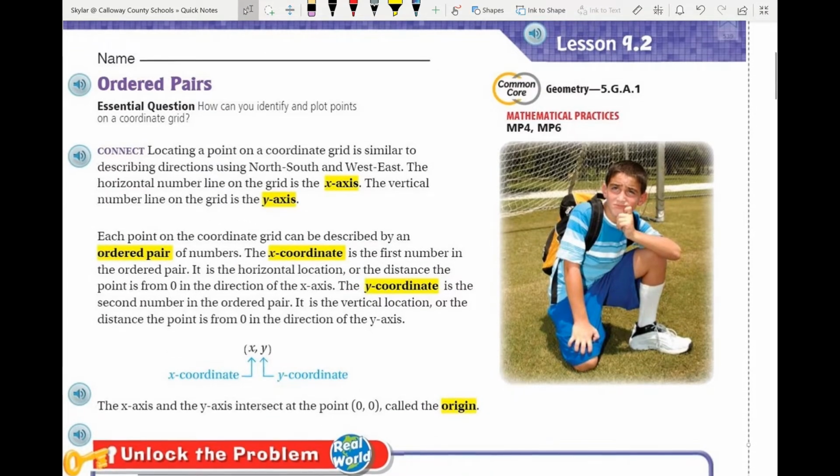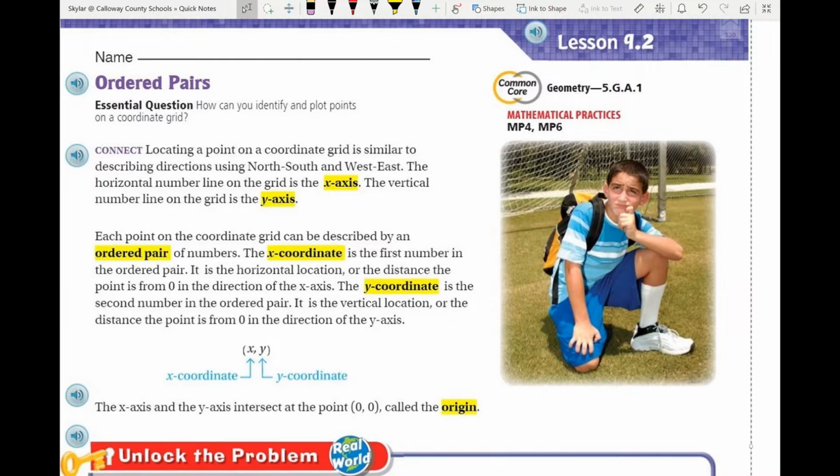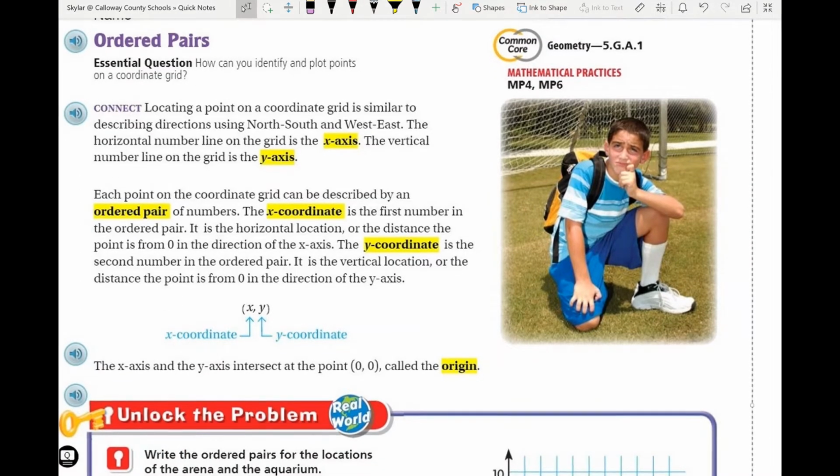Alright, what's up everybody? It's your boy, of course, Mr. Nunley, and we are going to be going over lesson 9.2. So we finished up line plots, and now we are going to be focusing on ordered pairs, which is why we have this